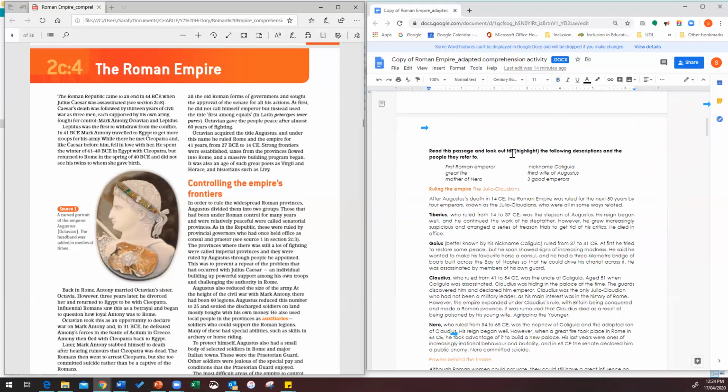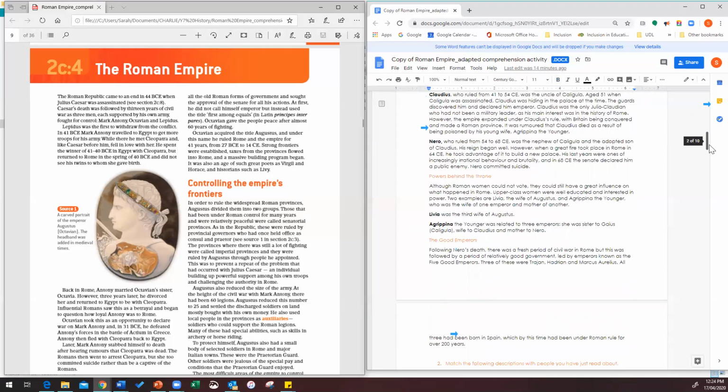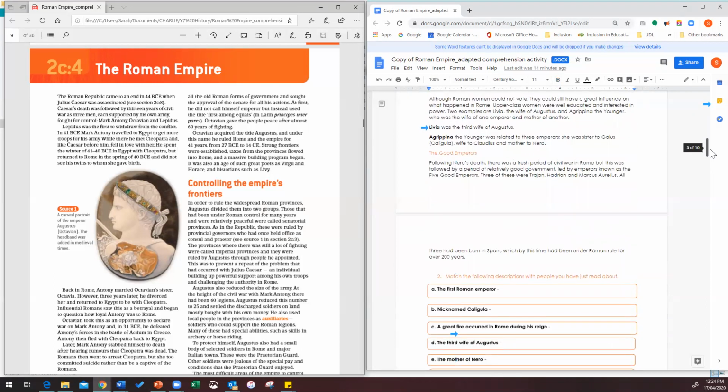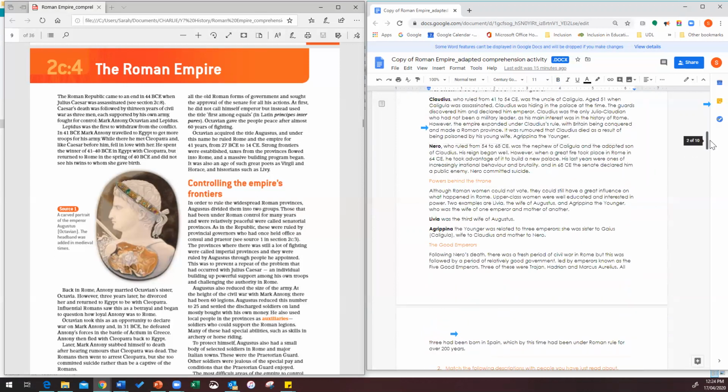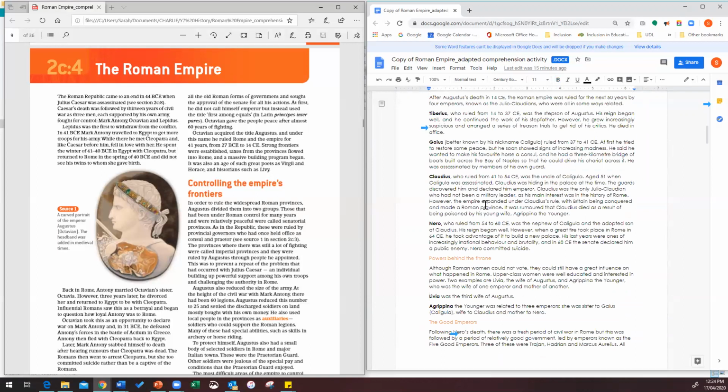Read this passage and look out for, highlight, the following descriptions and the people they refer to. So the question the students are going to have to answer is match the following descriptions with people you've just read about. So it's quite a simple response, but look at the amount of text that students are expected to